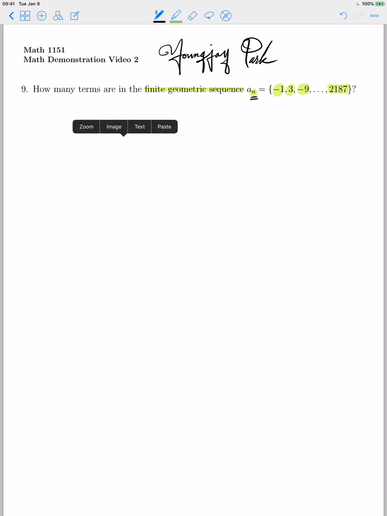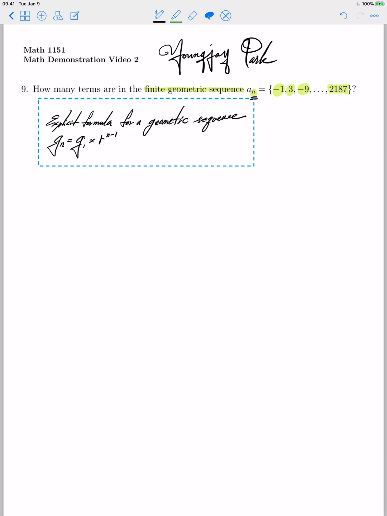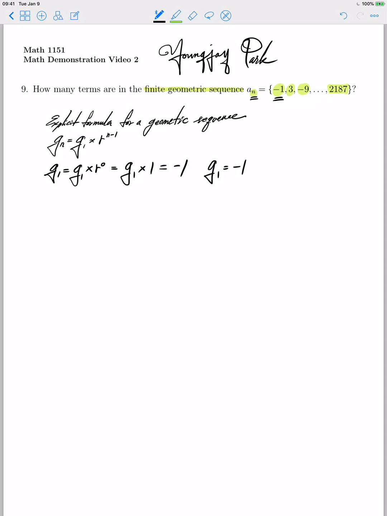To solve this problem, we can utilize the explicit formula for a geometric sequence, which is G_n equals G_1 times r to the n-1 power. r is our ratio and G_1 is our first term of the geometric sequence. So G_1 equals G_1 times r to the 0 power, which is G_1 times 1, and we have the value right there, -1. So we know that our first term is -1,